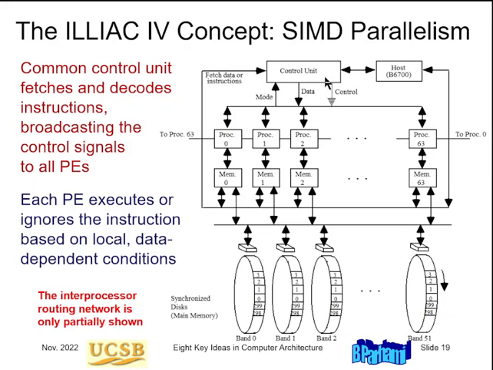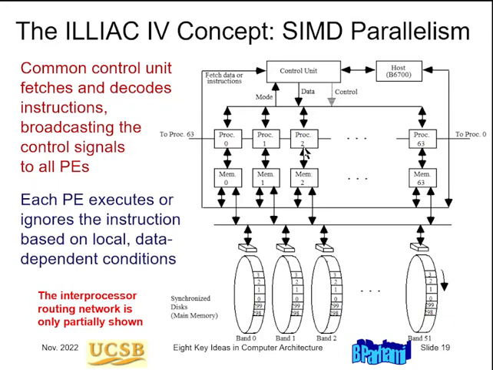So the control unit would fetch an instruction and then issue control signals to all of these 64 processors. In fact, the initial design called for 256 processors, but eventually, given how expensive hardware was in those days, only 64 processors were actually built. And these processors actually had drum memory, and that's a different story, because even core memory in those days was rather expensive. So to have 64 memories of fairly large size would be too costly.